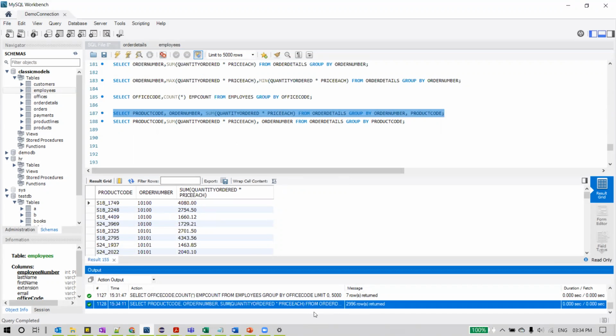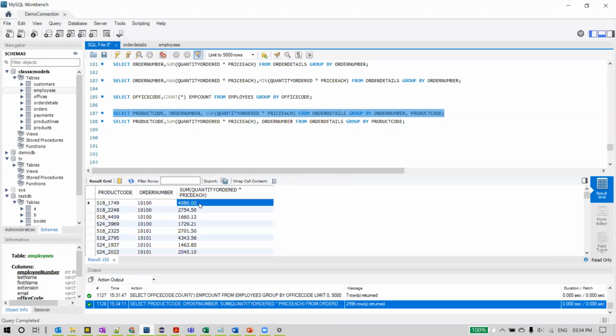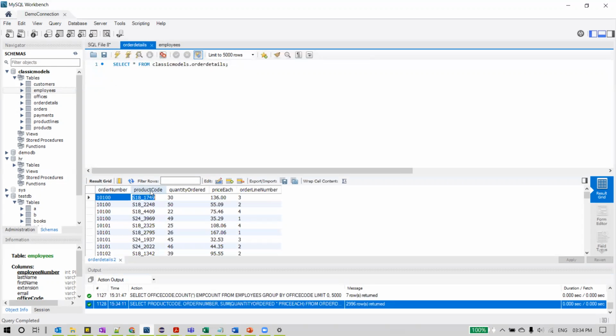And you can see here all the rows are unique. That's the reason we see all the rows returned, around 3k rows, and we can see the sum here. Usually if we want to group by more than one column, how does that work? It takes the unique value of this. If both order number and product code are repeated,